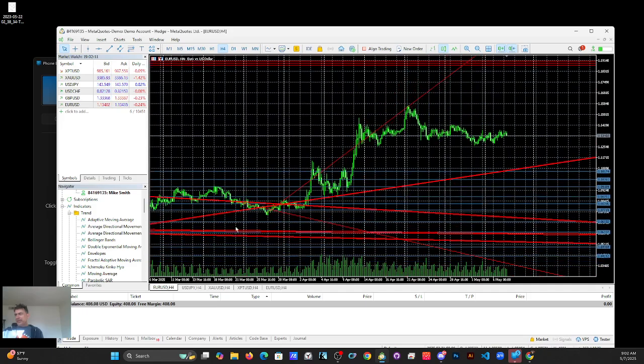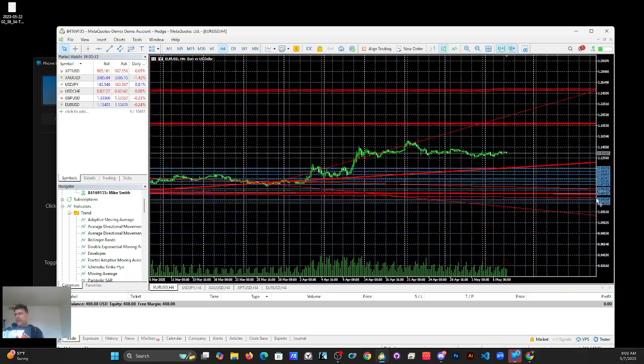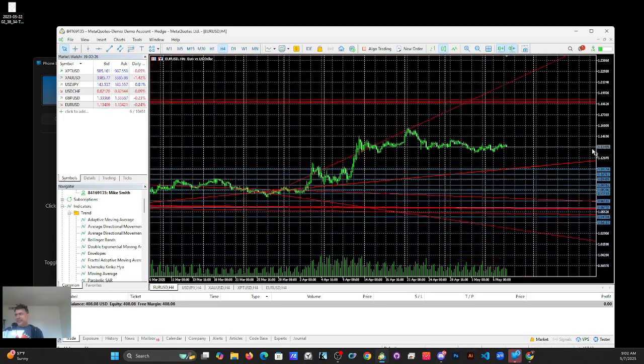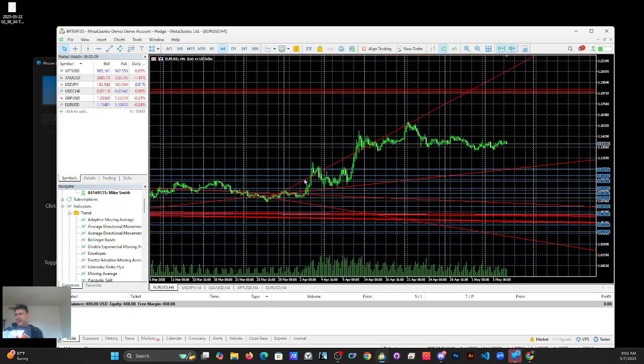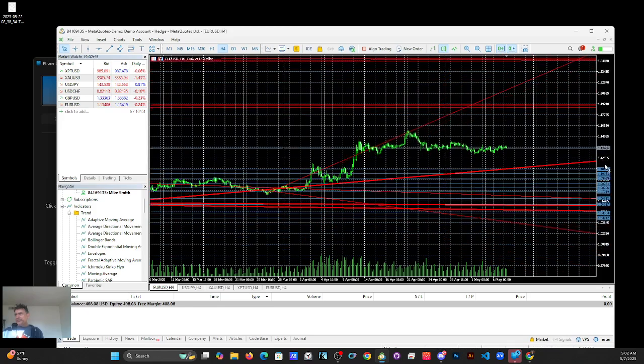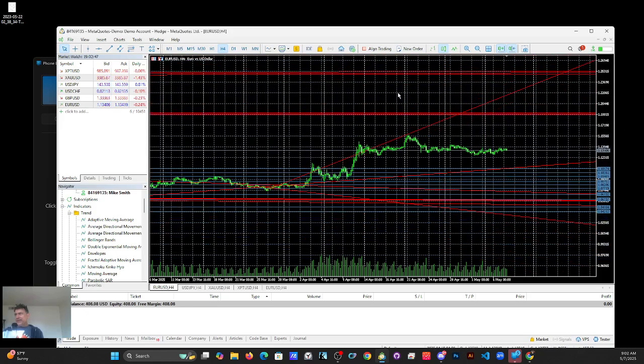So we can see a couple of things happening here. Most of the lines were underneath the price action, which means that these lines were acting as support. They were acting as polarity, and because the price was above most of these lines, this is a highly resistant area of price, which means that it was acting as support. And you can see that that's exactly what it did. The price used it as support to go to regions that didn't have as many of those